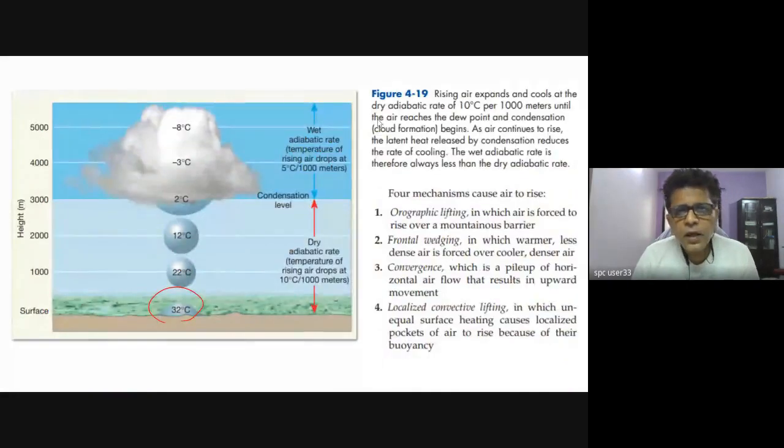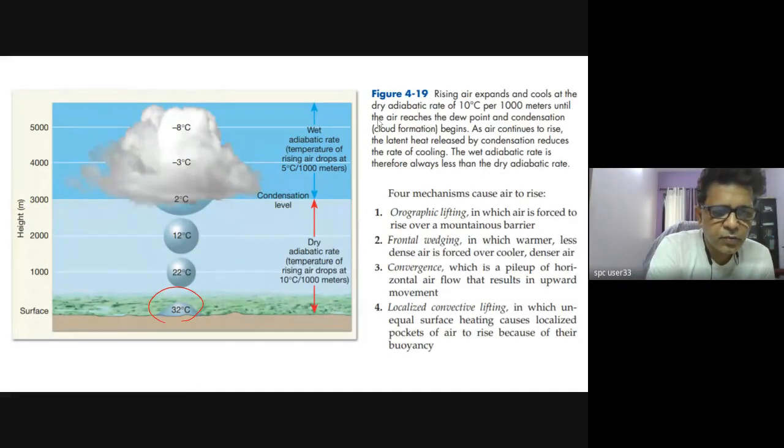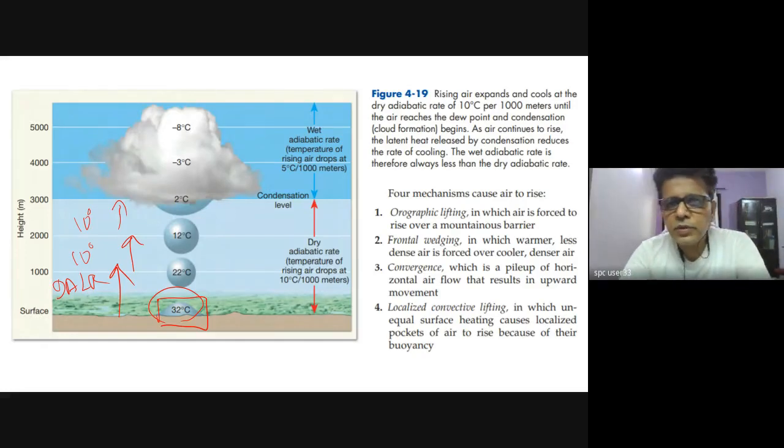at a dry adiabatic lapse rate. Similarly, when the rising air expands, let us say in a condition where it is 32, it goes up, pressure is less. This is the dry adiabatic lapse rate. It goes down from 32 to 22, from 22 to 12, at every moment you have 10 degrees. Now this rate is 10 degrees centigrade per 1,000 meters until air reaches